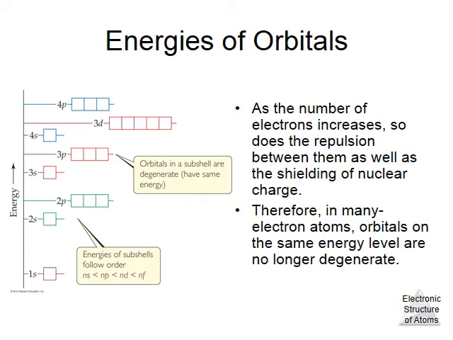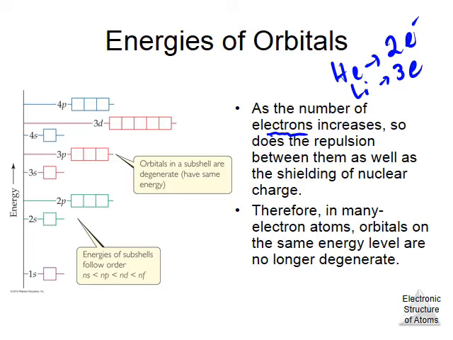However, as the number of electrons increases, even from hydrogen, if you go to helium, helium has 2 electrons. Lithium has 3 electrons. So the number of electrons increased, and because of the shielding effect, which I'm going to explain in the next slide, those levels which are degenerate, having the same energy for a 1-electron atom, are no longer going to have